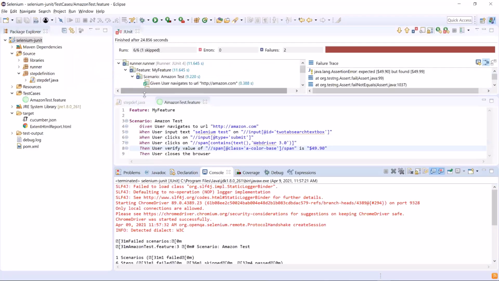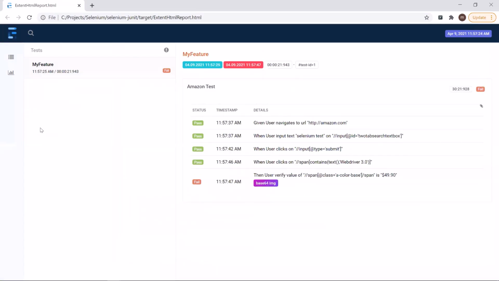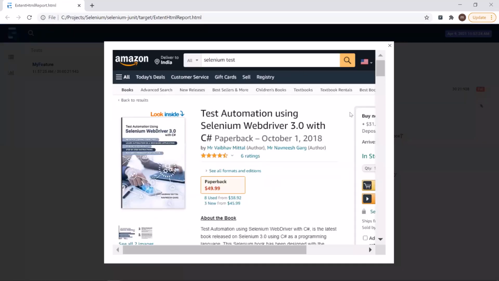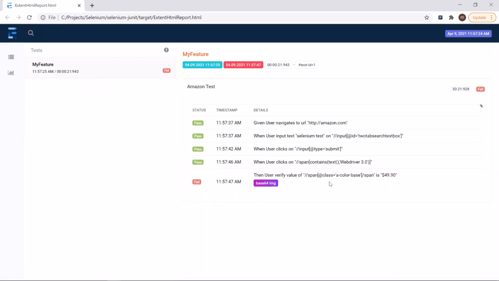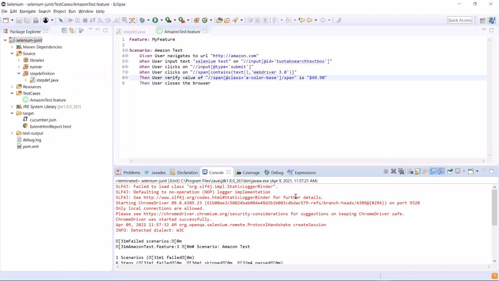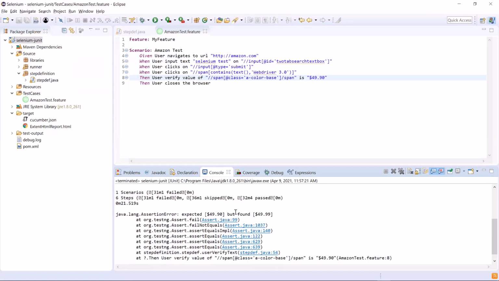Now let's open the report again. Here you can see the image attached to the failed step, and if I click on the image icon, I can see my screenshot taken during headless execution. So this is how you can run your automation scripts on a headless browser to speed up your execution.